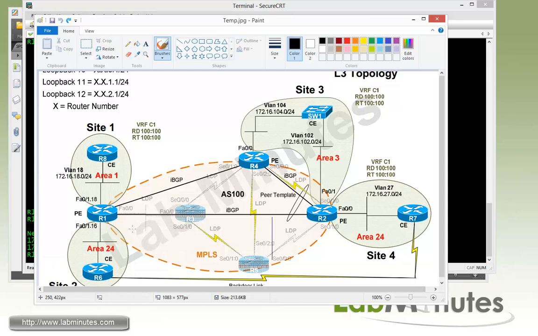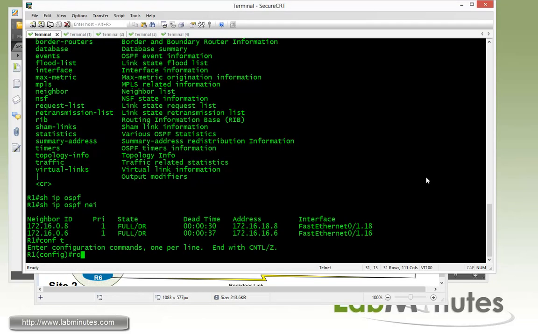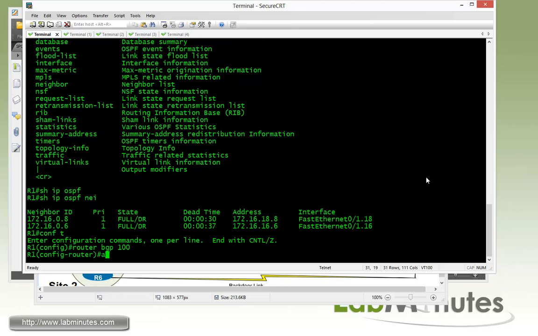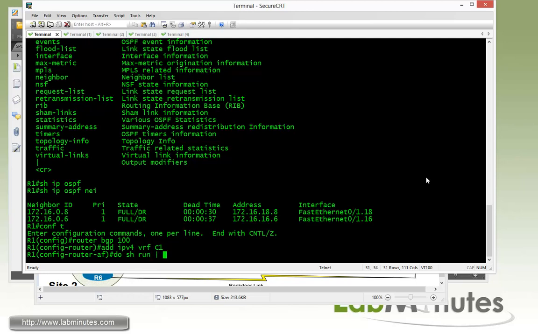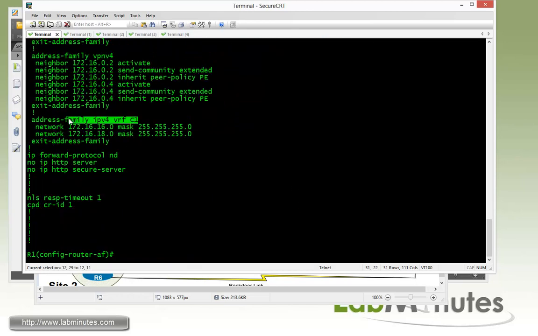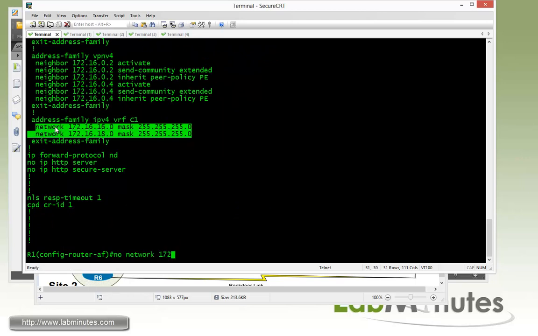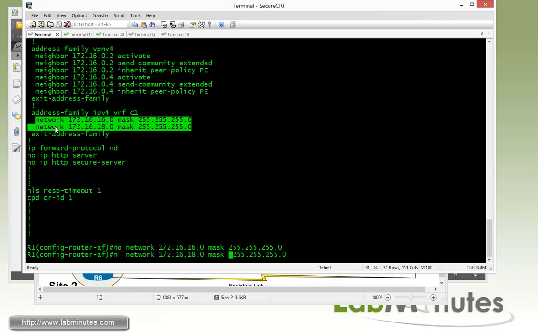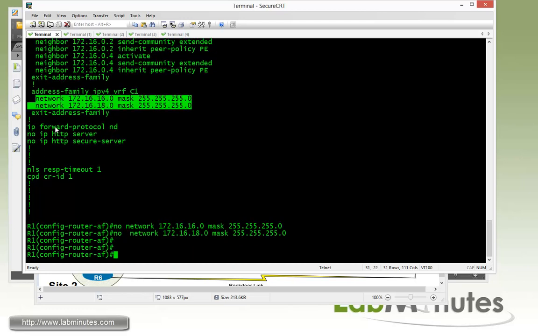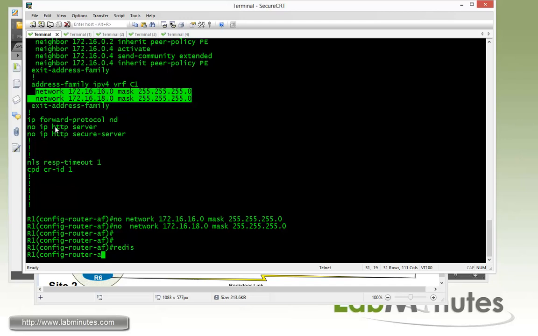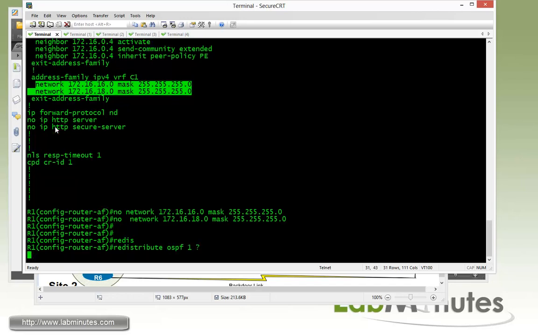And also for R1 to be able to advertise local OSPF routes to the rest of MPLS, we need to redistribute from OSPF to BGP. So here we're still on R1, do a router BGP 100. Here we have to get under the address family IPv4 VRF C1. Let's take a look at what we have right now. Okay, so right here, VRF C1 looks like from the previous video we have been advertising the local subnet. So let's get rid of that, and we can just advertise those natively using OSPF redistribution, not doing a network command on BGP. So get rid of that, and then we're just going to have to redistribute OSPF process number